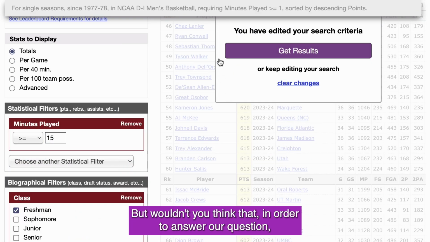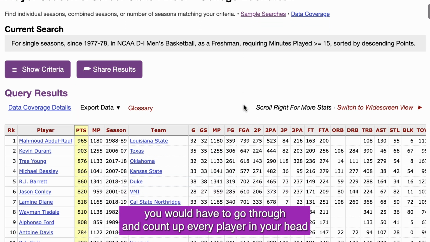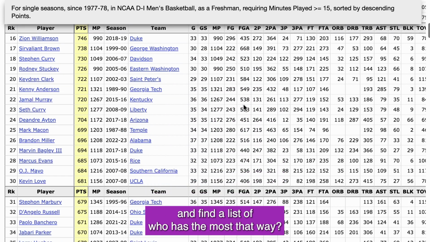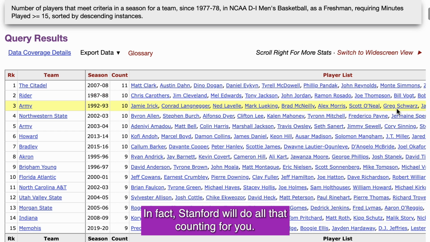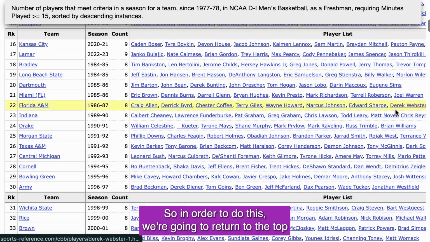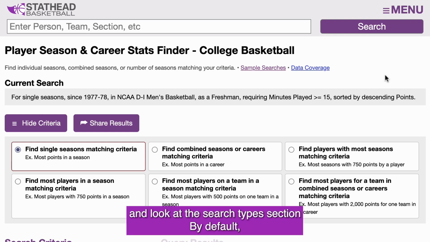But wouldn't you think that in order to answer our question, you would have to go through and count up every player in your head and find a list of who has the most that way? That's not true at all. In fact, Stathead will do all that counting for you, total it up, and get you the answer in just a few seconds. So in order to do this, we're going to return to the top and look at the